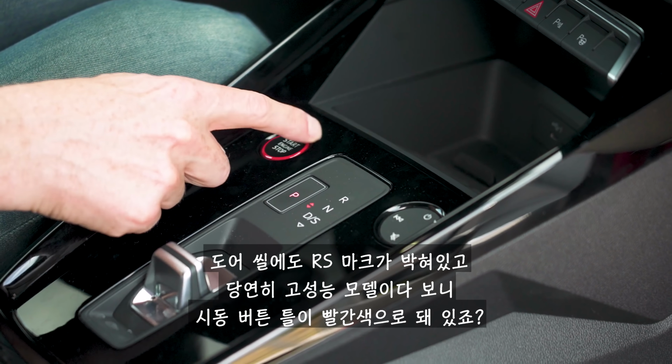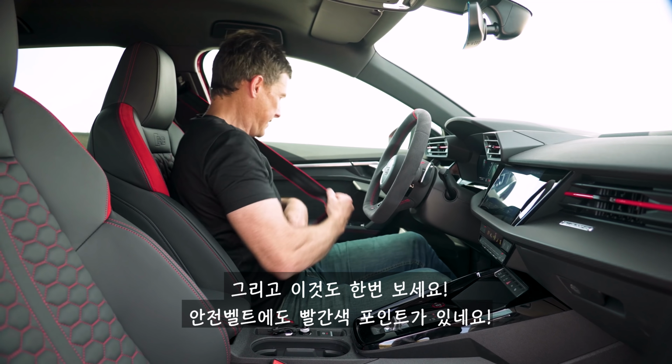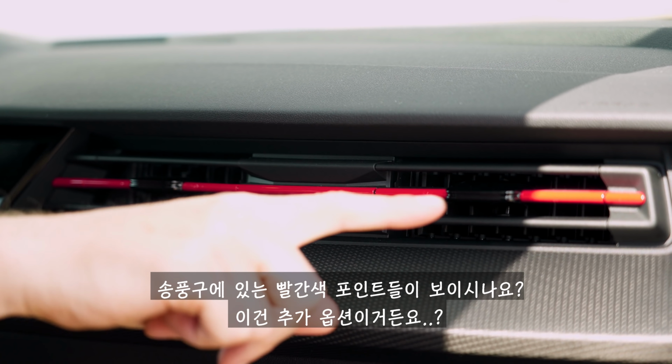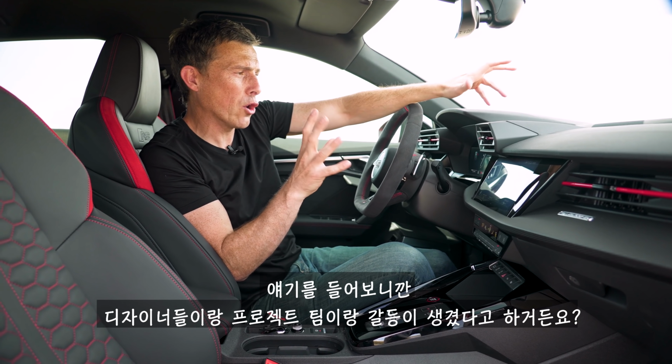Little red ring around the stop-start button because this is a performance car, obviously. And look at this, you can get red stripes on the seat belts. I want to show you this, finally, look. See these accents in the air vents? They're an optional extra. Now I was speaking to someone at Audi and there's a bit of an argument internally